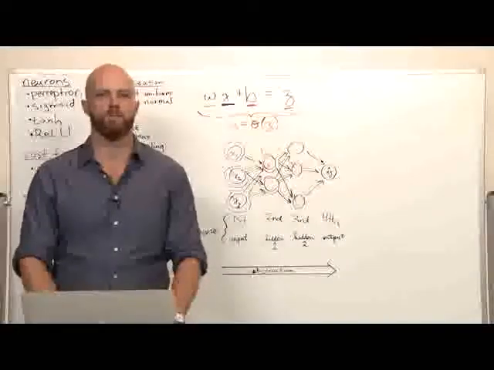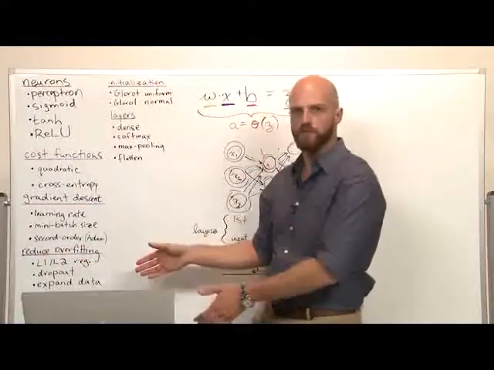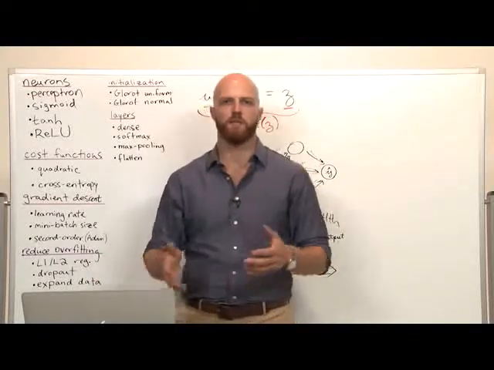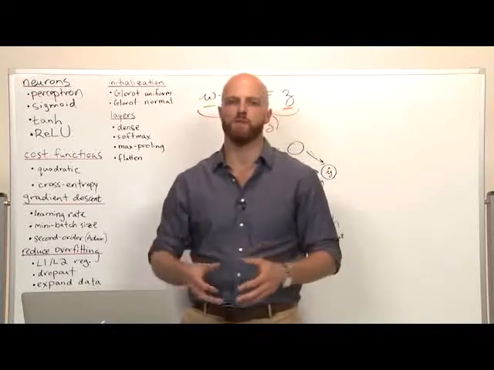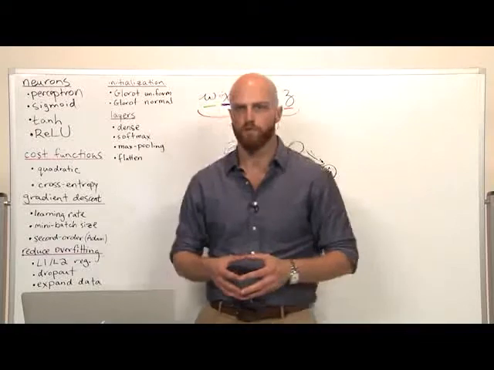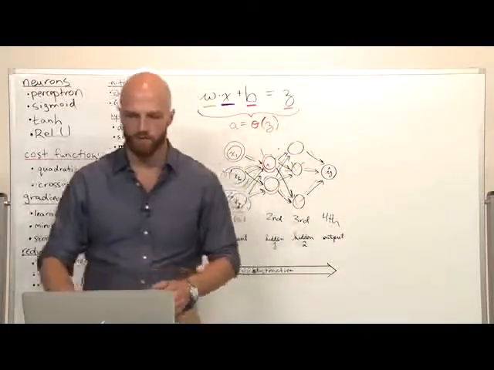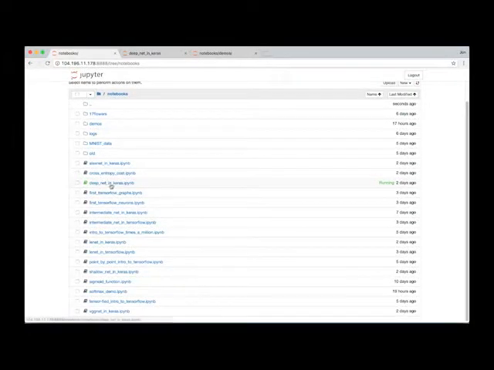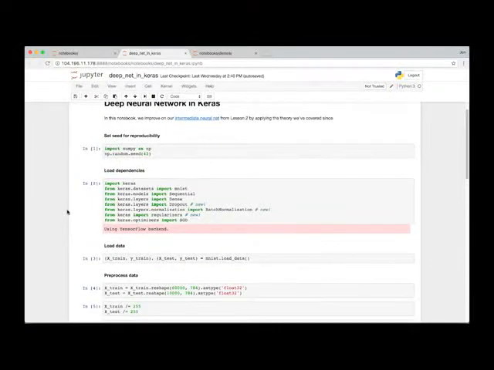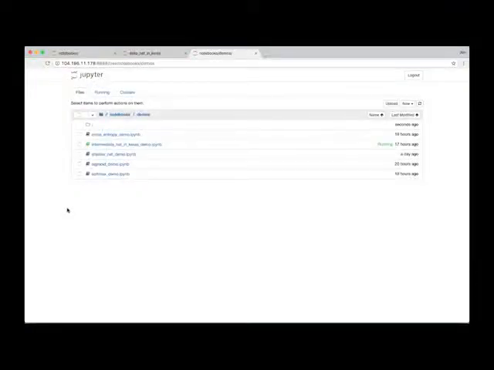In this section, we're going to build on all of the theory that we've now accrued to make the intermediate network in Keras that we had created even better, so that we can classify MNIST digits even more accurately than before. To do that, you can follow along by heading into the DeepNet in Keras notebook that I've put in the repository. We're going to recreate that notebook here, which you're also welcome to do, by copying the intermediate